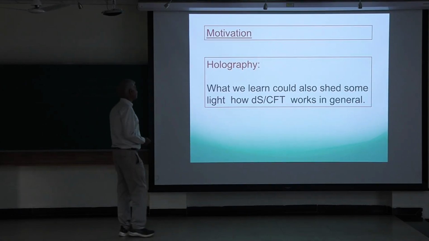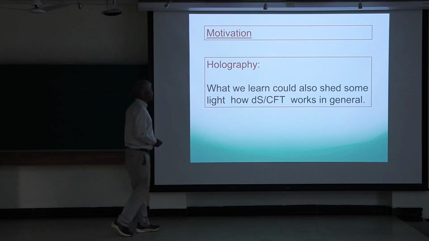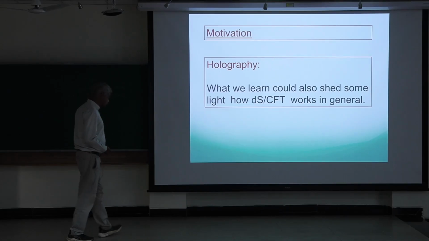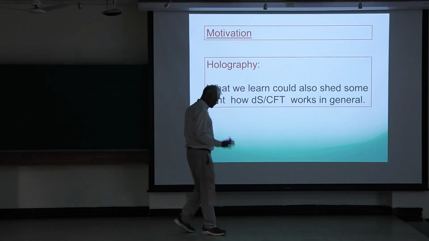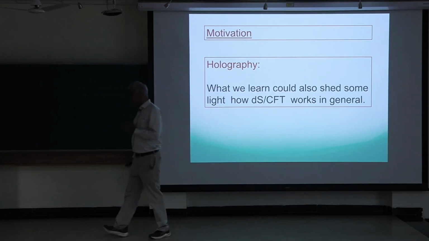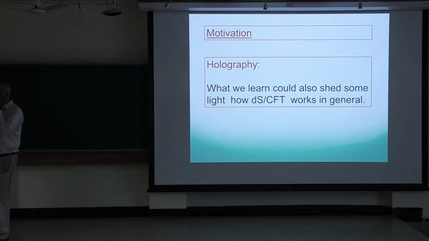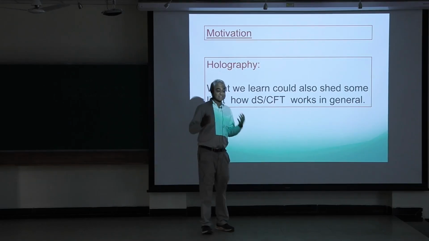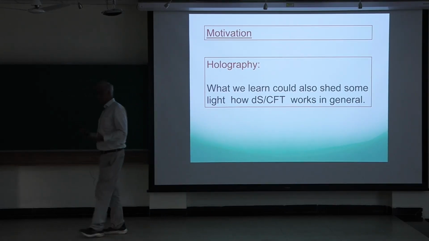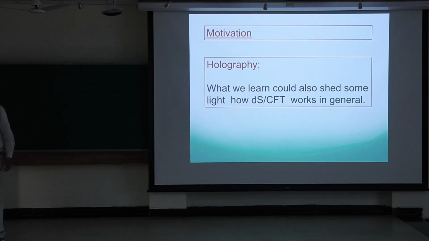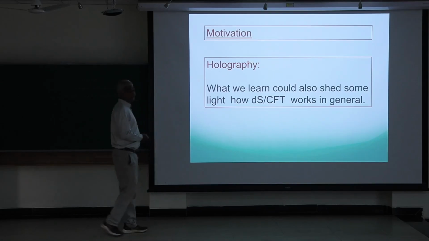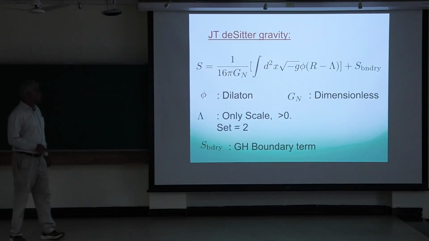Now another motivation comes from holography, which is that holography is very poorly understood in de Sitter space, but maybe in these 2-dimensional situations, which we can study thoroughly, and more generally, lower dimensional situations, 3 dimensions is also actually very interesting. The hope is you can really thoroughly quantize the system, understand it every which way, and then ask, is there a holographic description? And if it is, what kind of holographic description? Can we understand it precisely? And hopefully what you learn here again will translate to something of interest in higher dimensions. Okay, so that's the kind of motivation.